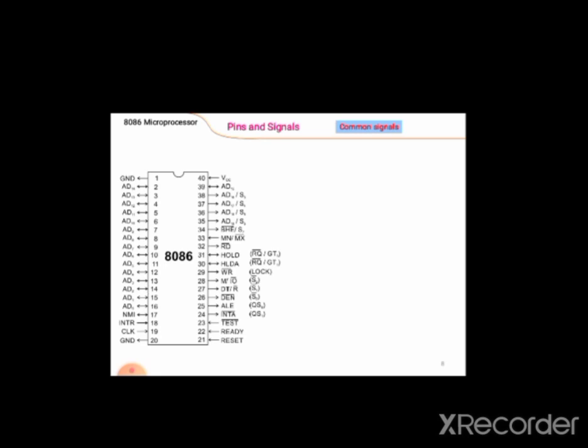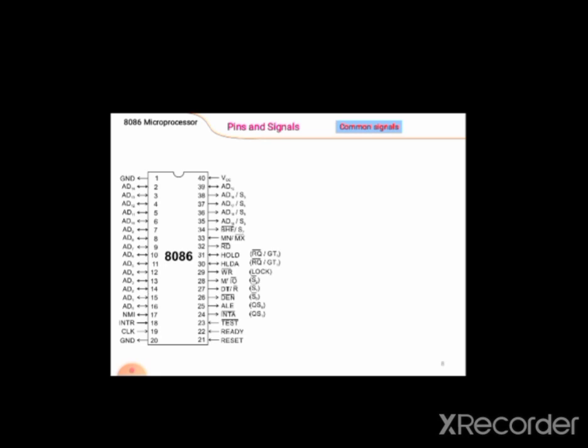This is an active low signal, because you can see that BHE bar means if we are giving 0 to it, because of that bar it will activate, because 0 gets converted into 1 and that pin becomes enabled. So this pin identifies that we are able to transfer data on higher order lines, right?